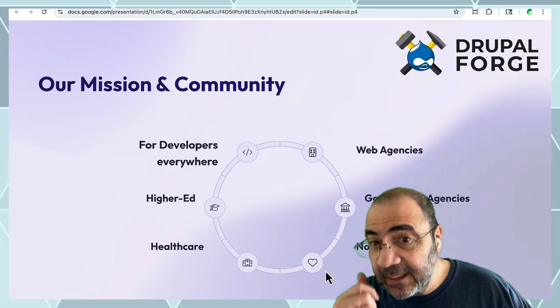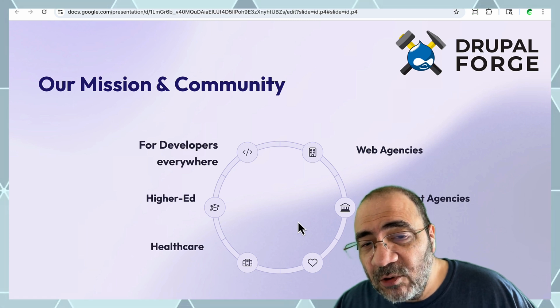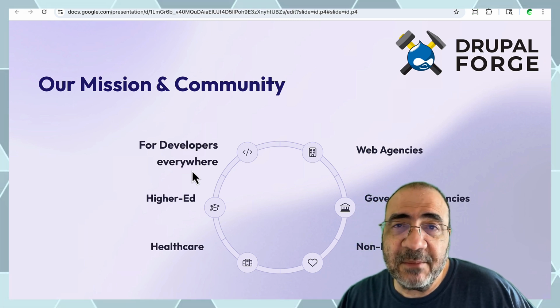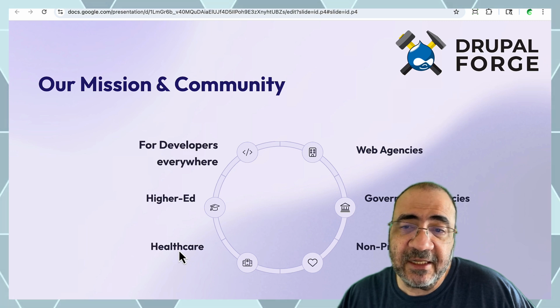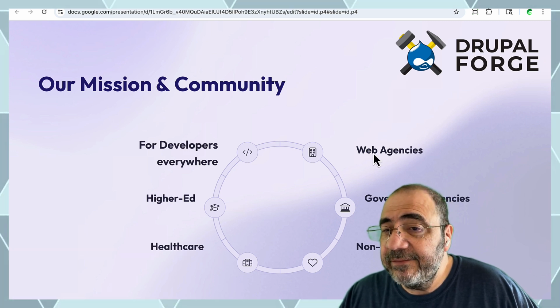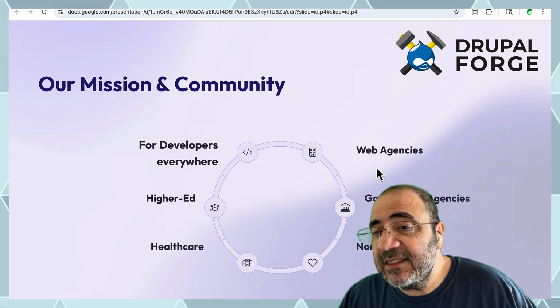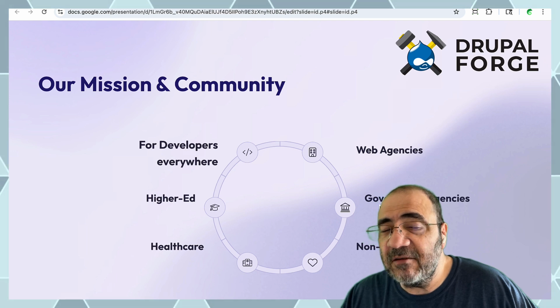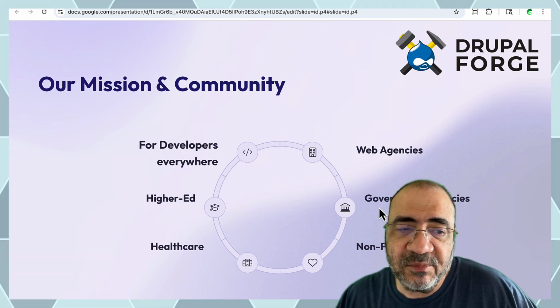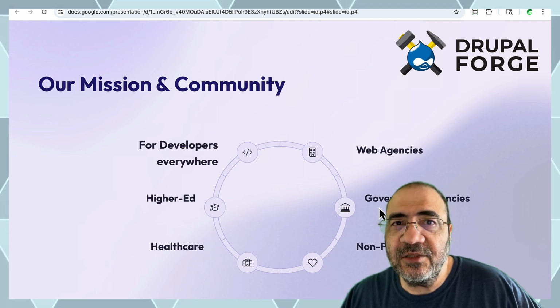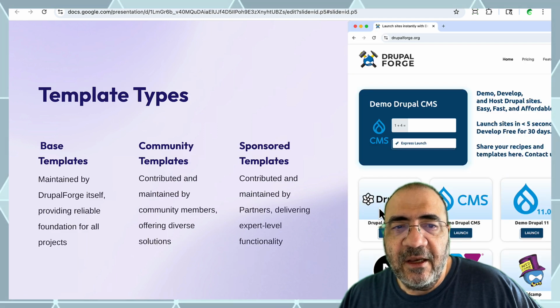Our mission is that it's designed for developers everywhere. So regardless if you're in higher ed, a freelancer, healthcare, working at an agency, in government, or nonprofit, regardless of where you are, if you're a developer working with Drupal, I think you'll find this useful. All right,